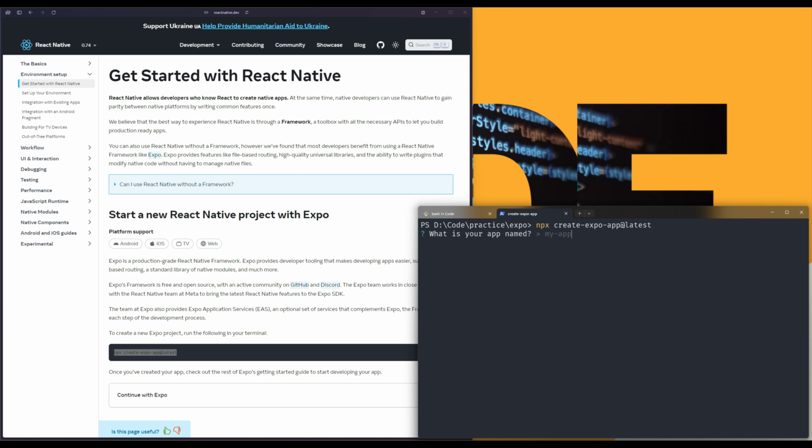it will ask for your app name. Okay, and if you're installing this for the first time, first it will ask you a yes or no question to install the create-expo-app package on your system, and you can say yes, and after that you will get this option. So I will say my first app. Okay,